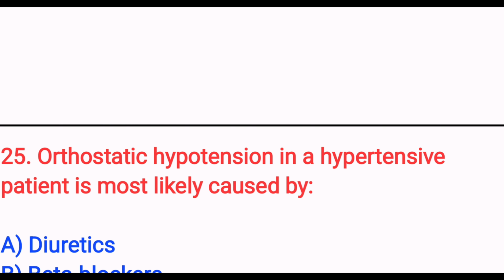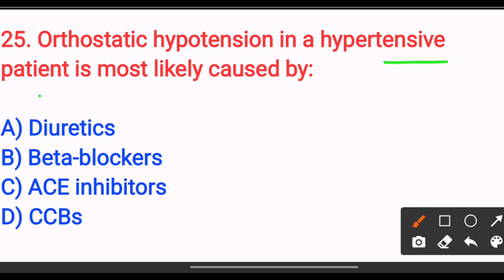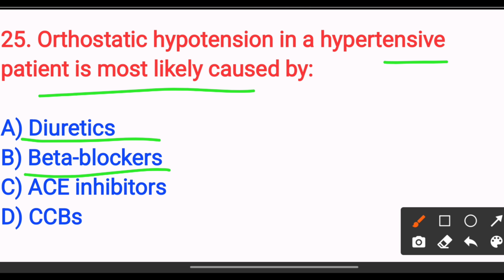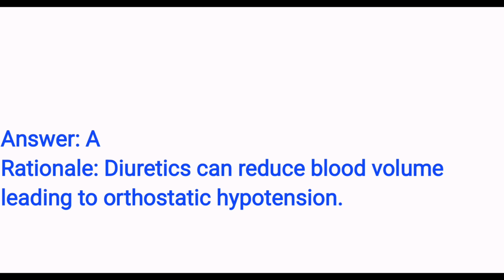Next, orthostatic hypotension in a hypertensive patient is most likely caused by option A, diuretics. Option B, beta blockers. Option C, ACE inhibitor. Option D, CCBs. The answer is option A, diuretics, because diuretics can reduce the blood volume leading to orthostatic hypotension. Next,